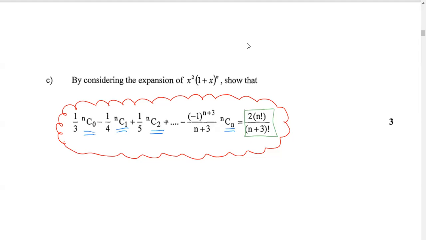And so you'll need to then decide, should you be trying to compare coefficients, or should you be trying to sub in a particular value of x? Now, they've given you this particular one. And then you also might want to pay attention to the fact that they've got fractions. So those are some things that you might want to consider when you're looking at what you might be doing here. Okay, so